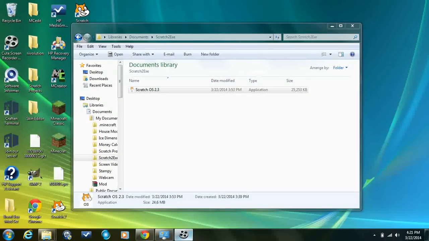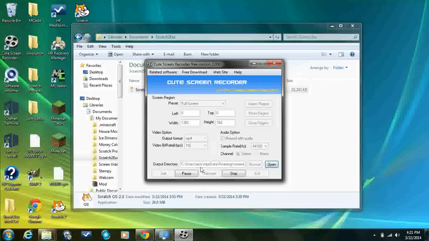Wait, I already showed that. I mean, this review might have been a little boring, but it's just something you might have wanted to play with. It's just different. A lot of people have liked it. So that was Scratch OS 2.3. There's a download link for an executable. I'm working on an application for Macintosh, and a link to the web